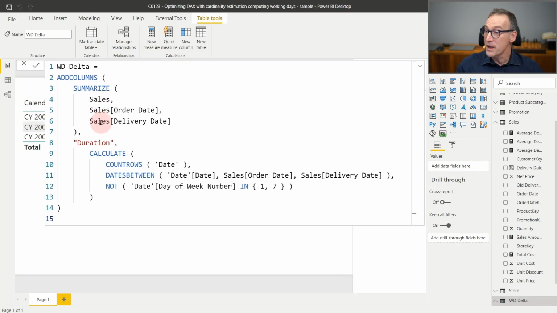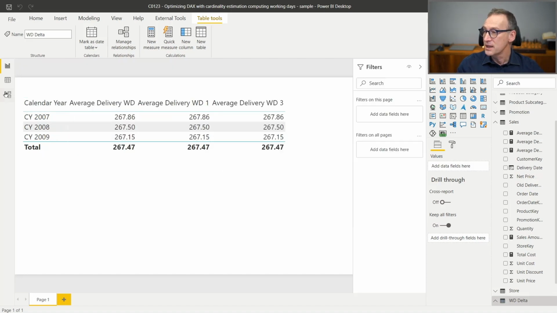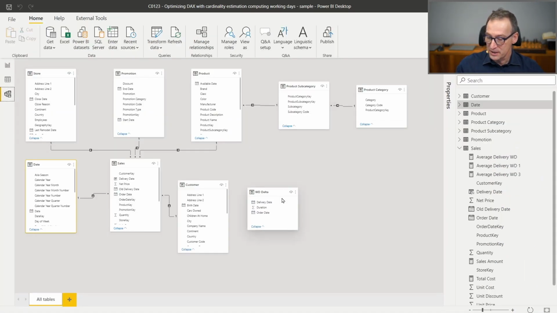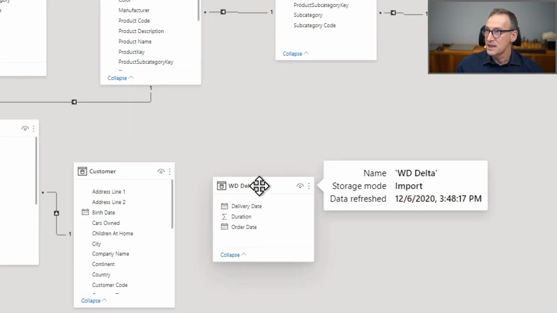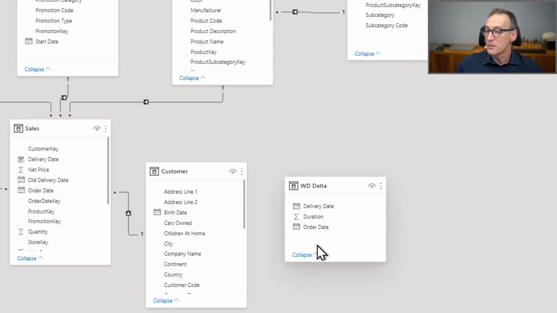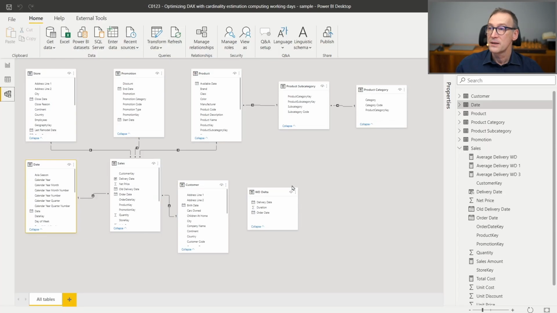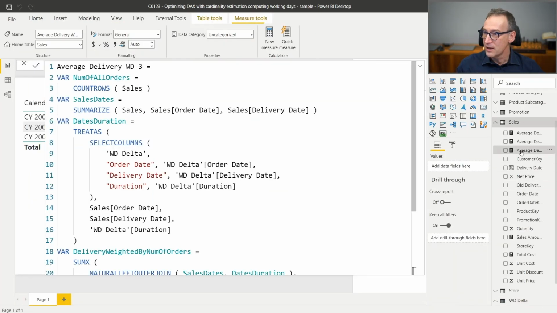And for each pair of order date and delivery date, I use the code that we used so far several times to compute the number of days which are in between the two dates and that are neither Saturday nor Sunday. This count rows tells me the duration in working days between the two dates. But the thing is, now this is a calculated table that I added to the model. You see, I have this table which is completely unrelated to the remaining part of the model, but already contains the values computed. Now that I have the table in my code,